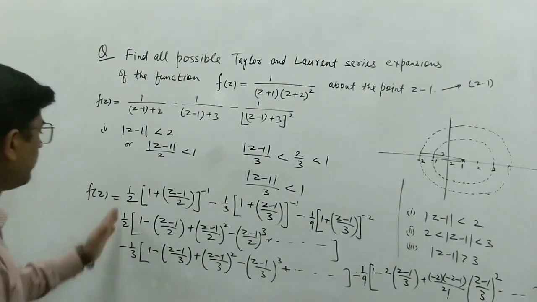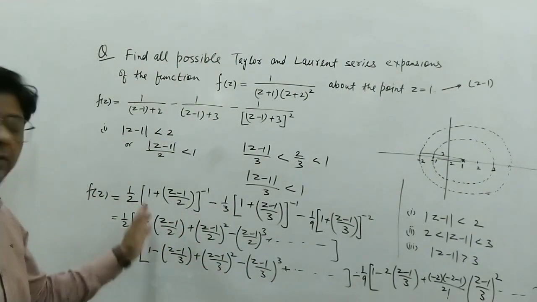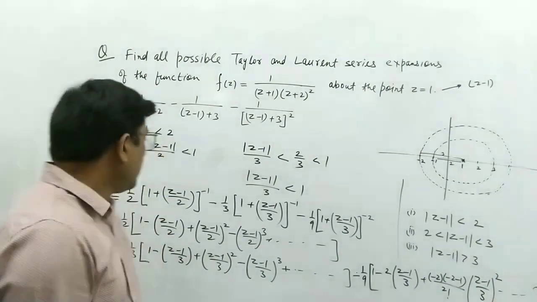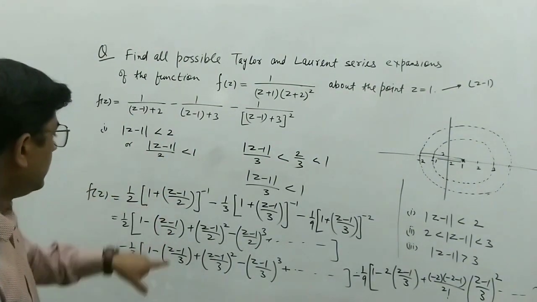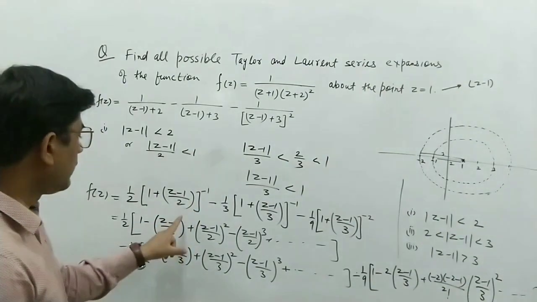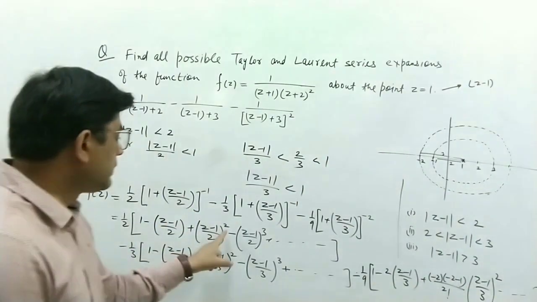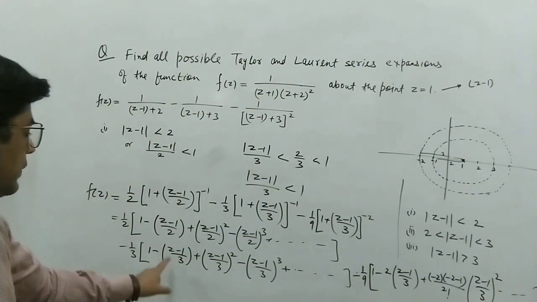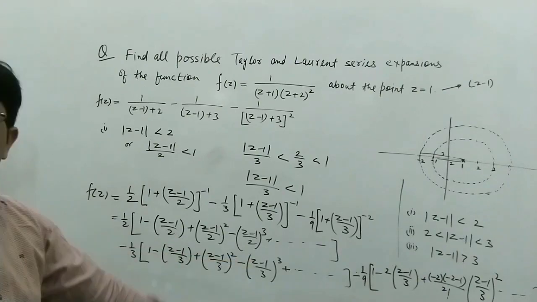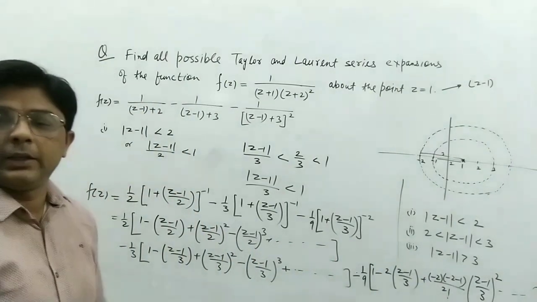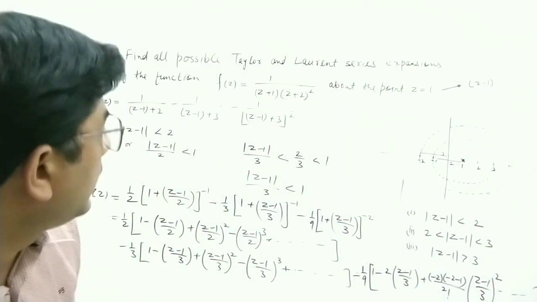Now we multiply all these terms and we can arrange these terms. Here we will see that this is 1 minus z minus 1 upon 2, that is the power of z minus 1 is 1. Here we have z minus 1 power 2, 3, 4 and so on. But here we have z minus 1 square again. So we can collect all these terms and we can write the final series. So I am writing the final series.